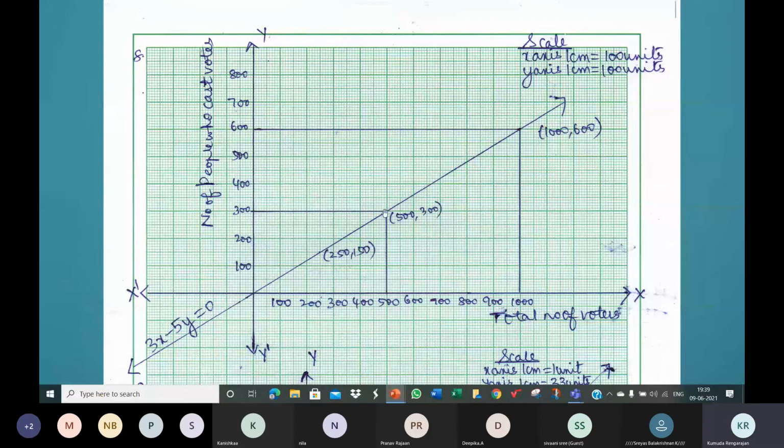Then you can see the lines, parallel and perpendicular lines, and read the values from the graph. Again, you will have to find it algebraically so that you're sure you've got the same answer as on the graph. Whatever has to be found graphically, please work it algebraically. Just substitute in the equation you've constructed. Something will be the x value, something will be the y value. So substitute for x, find y. That's the answer you should get on the graph also.